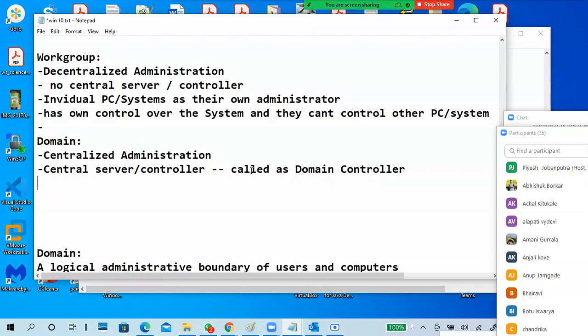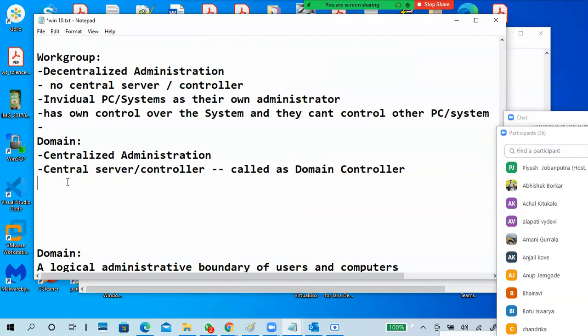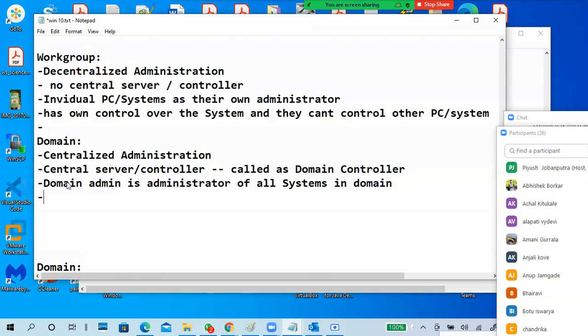Active Directory is a service. It's a service. Domain controller. So domain admin is the administrator of all systems in the domain. In the domain, not outside of the domain.